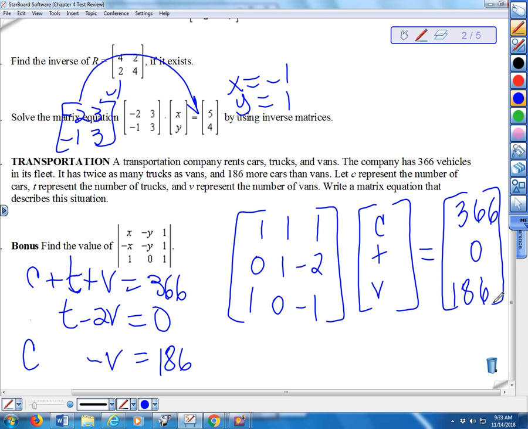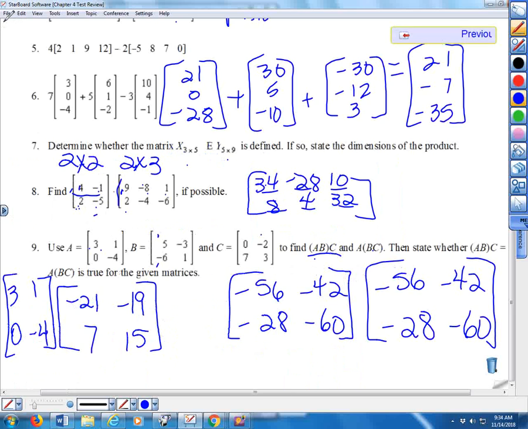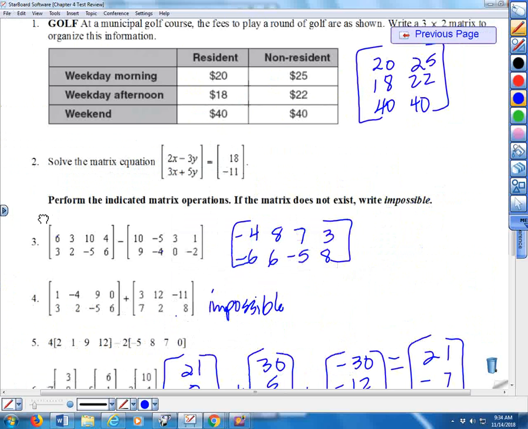If I wanted to solve now, I would just plug this matrix in, take the inverse of it, and multiply it by the constant matrix. So setting up your matrix equations is the first step in actually using the inverse process on the calculator. So if you can learn how to do that, and most of the time, let me find an equation here, like the very first one we did. When they're set up like this, it's not quite a matrix equation. The true matrix equation would have been